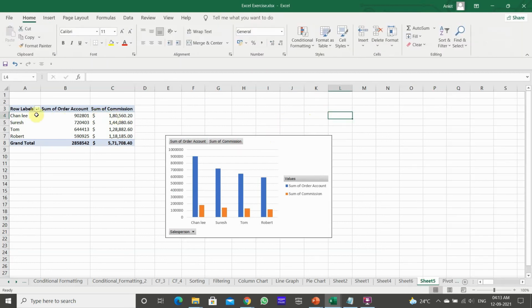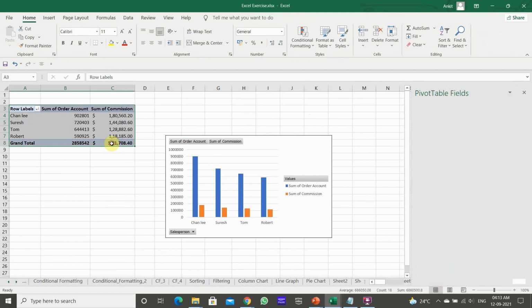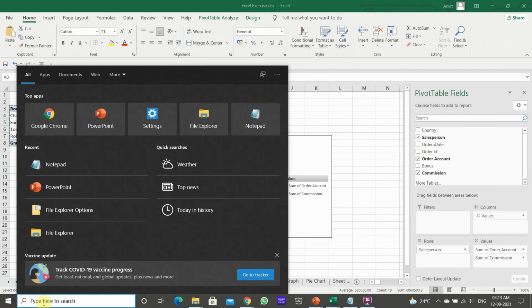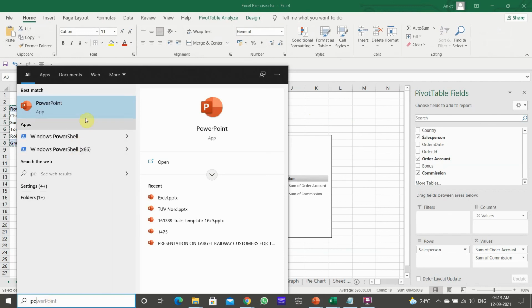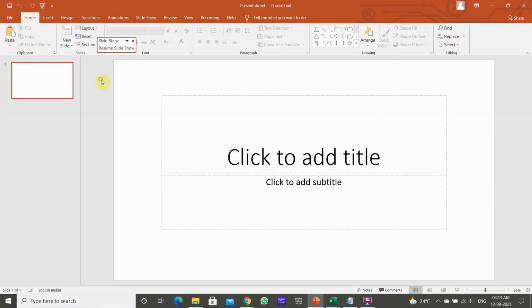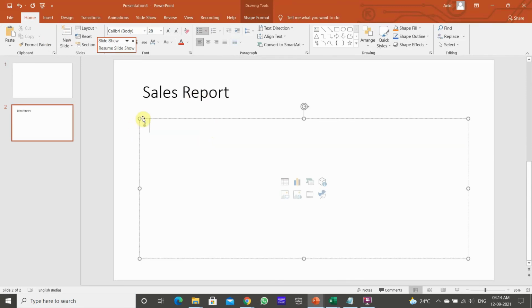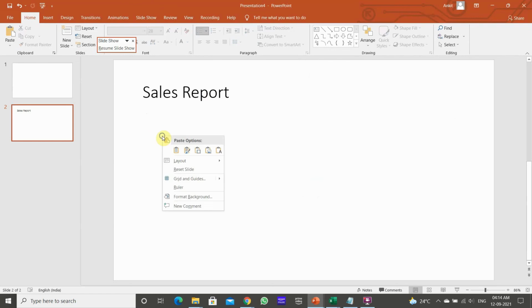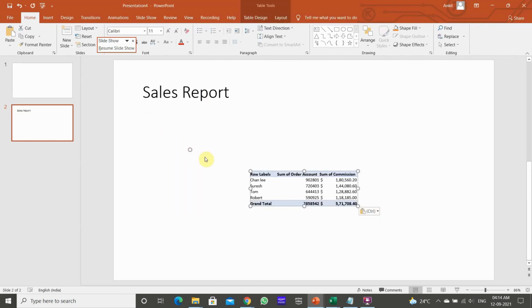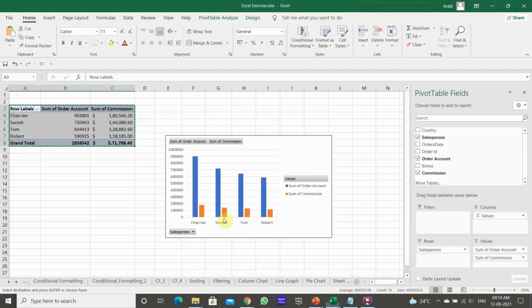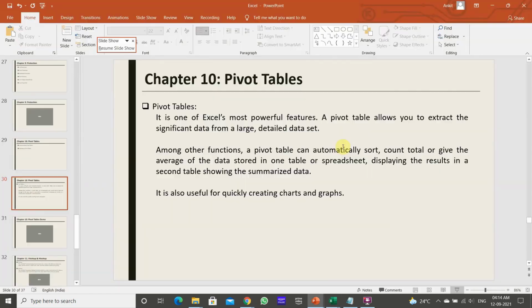Okay, just copy and paste it, go to any PowerPoint, sales report, and this is the report here, and along with it you can show the graph.